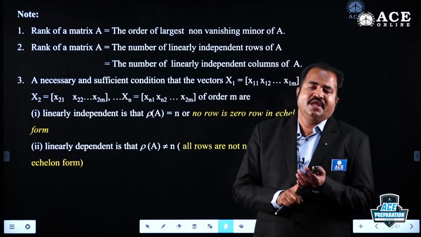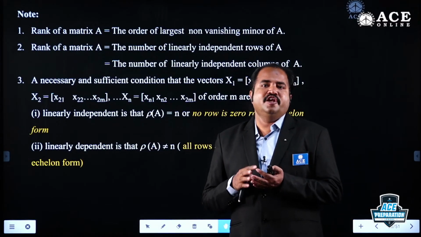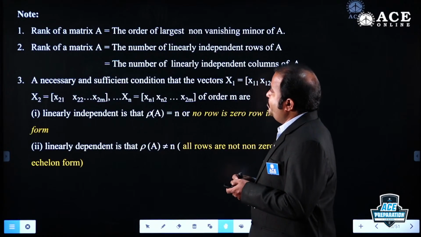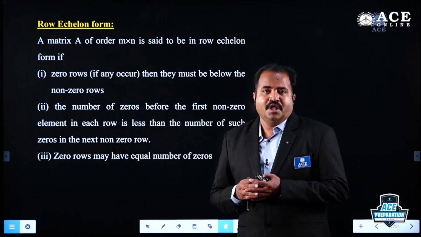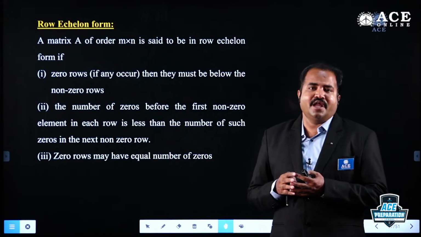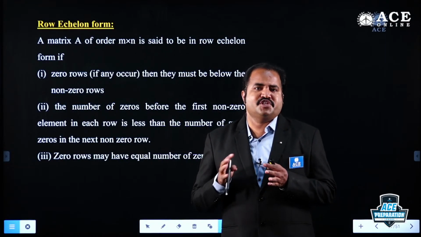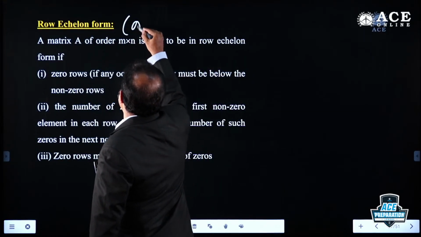One definition is the order of the largest non-zero minor, or we can say the number of linearly independent rows or linearly independent columns, right? Another one, and this is the best method to find the rank of the matrix, is the row echelon form method. By using this method, we can find the rank of any matrix, whether square matrix or non-square matrix. In this method, we apply only row operations,